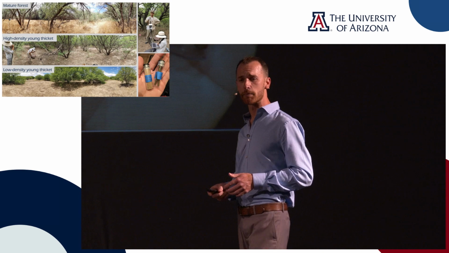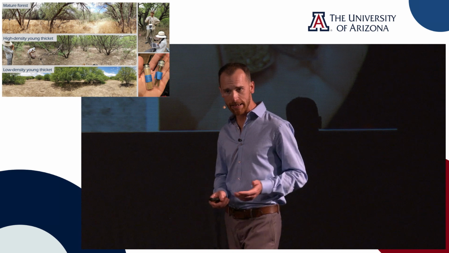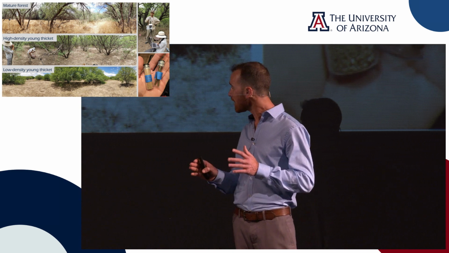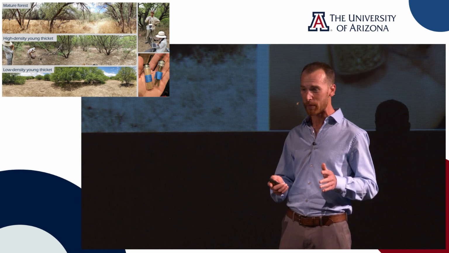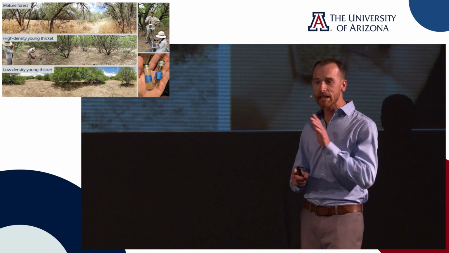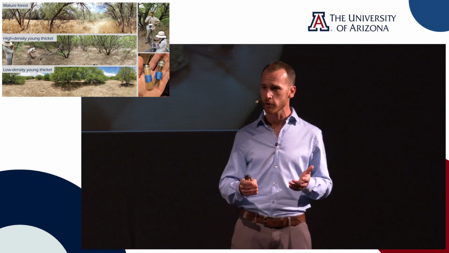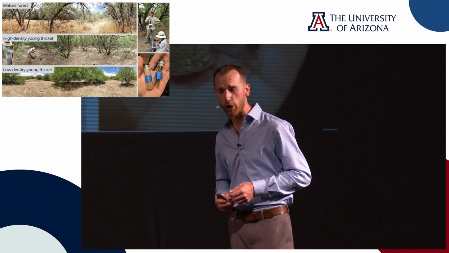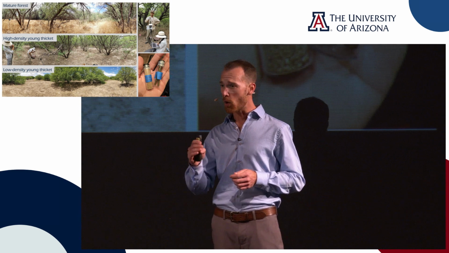Here you can see some images from some of our test plots. We're studying a mature forest, a high-density young thicket, a low-density young thicket, as well as an upland plot that declined to have its photo taken, so it's not pictured here. We collect samples from each of our plots of both the trees and the shallow soils, and then we extract the water from those samples. Then we analyze that water to determine its isotopic signature